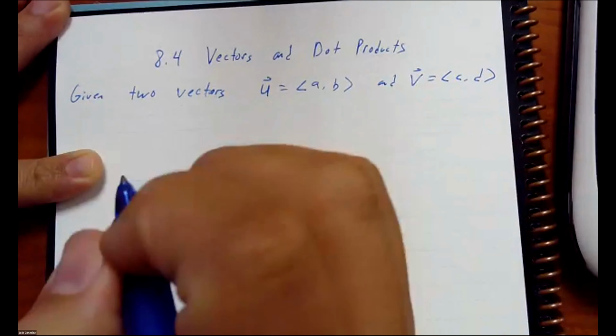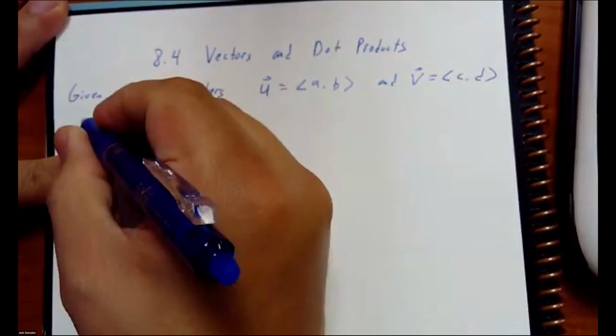the dot product is basically a multiplication, but it's not necessarily times. It's similar, but we call it a dot product. So u dot v is equal to